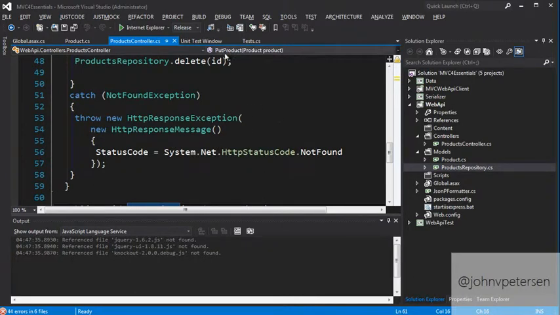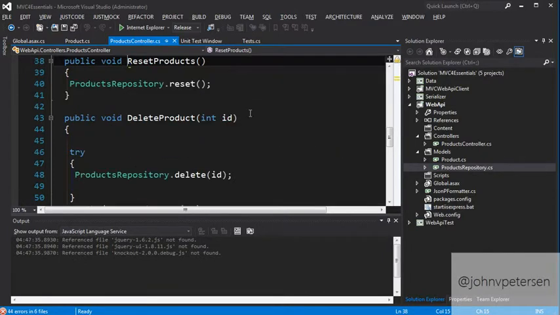Now, I do have a little bit of a convenience method in here called reset products. The way that I have that repository set up is that if I delete everything in my reset, I'm basically just putting that collection of products back to the way it was when I first started.